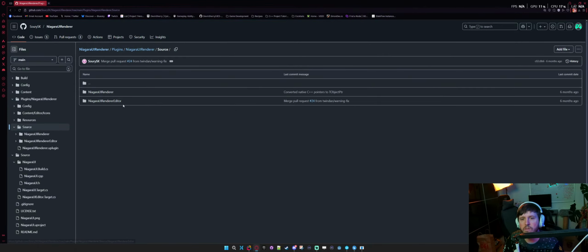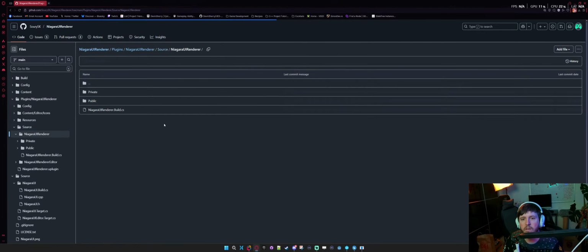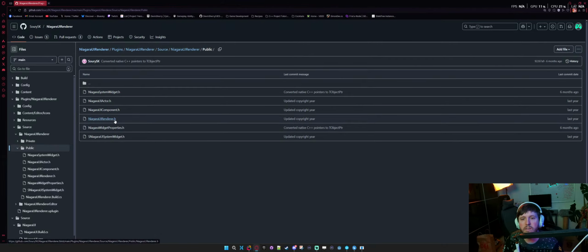The source. Like, to me, it feels like I just need to include Niagara UI renderer, right?